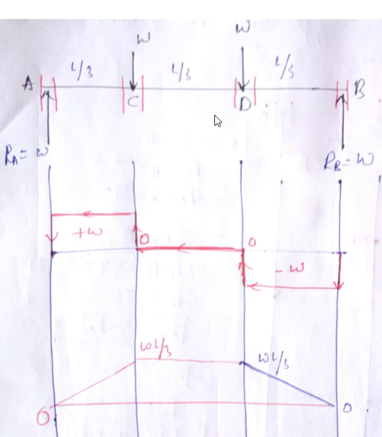Whenever there is a symmetrical loading, directly add whatever forces are there. Previously we had only one force, W, but now we have two forces, so it becomes 2W, and after adding them, split into two halves because there are two reactions. 2W split into two halves becomes W and W. So reaction Ra will be W and reaction Rb will be W. But you should not solve it like this in examination. We need to calculate it using the standard static equilibrium equations. So we'll first calculate reactions Ra and Rb.